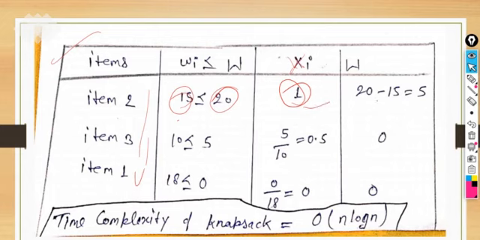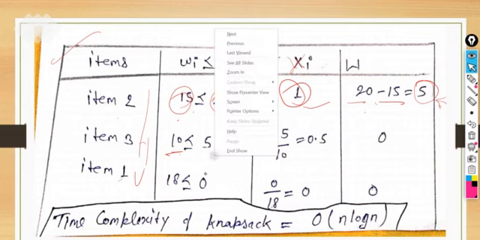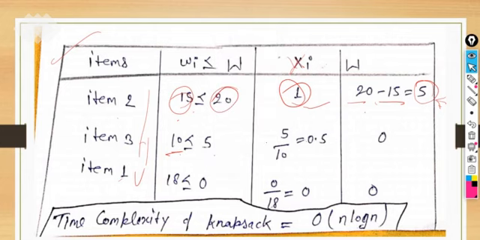So what do you have to do? 20 minus 15. Whatever you are taking completely, subtract it from the total knapsack size. Now 5 kg of space is left in the knapsack. How can you decide? Either you take 3 or 1, or some part of 3 or 1. So check the weight of item 3. It's 10, which is more than 5. You cannot take it completely. So you have to take a fraction of it, 5 divided by 10. It will become 0.5.